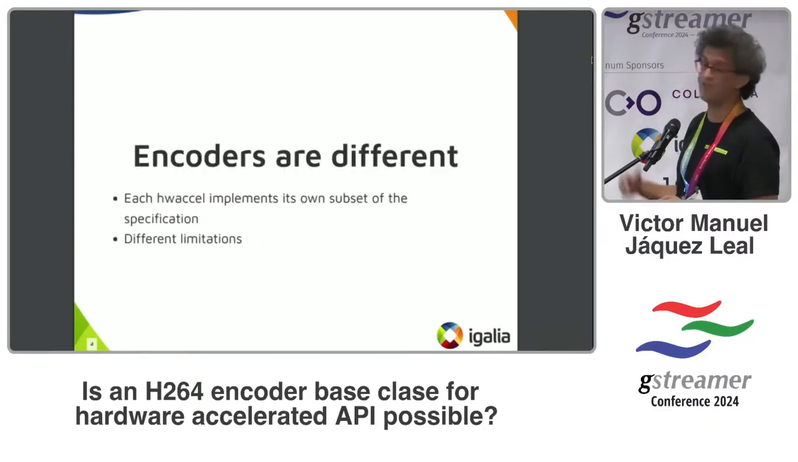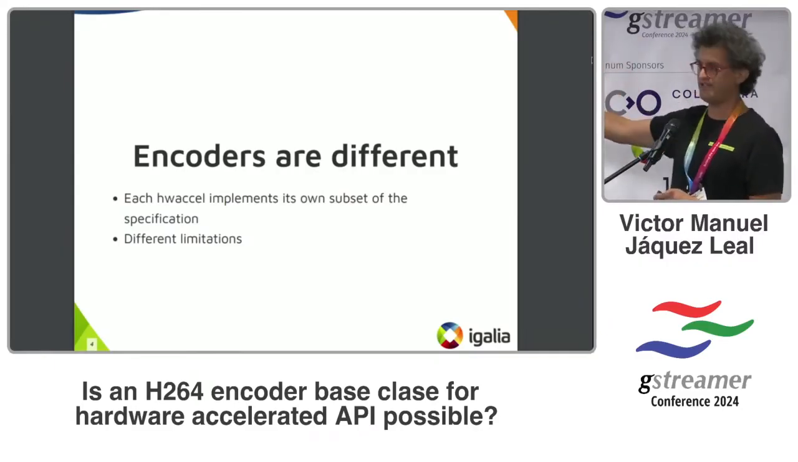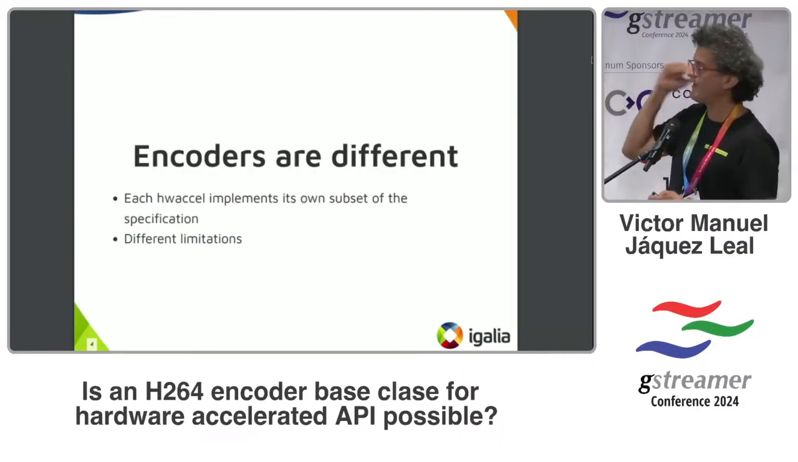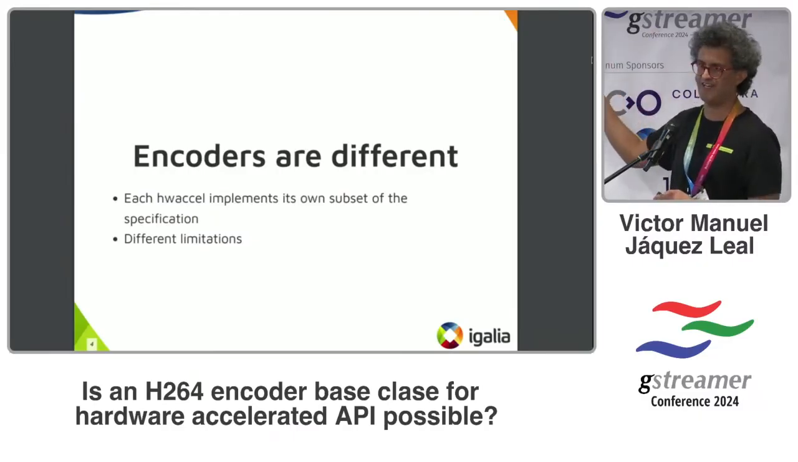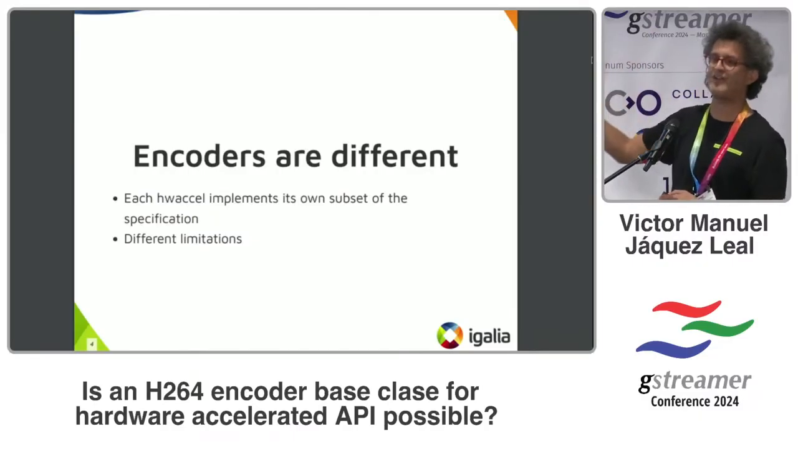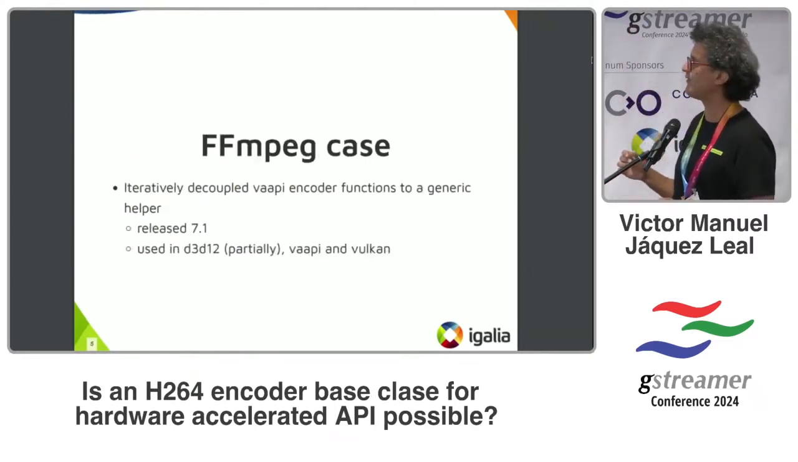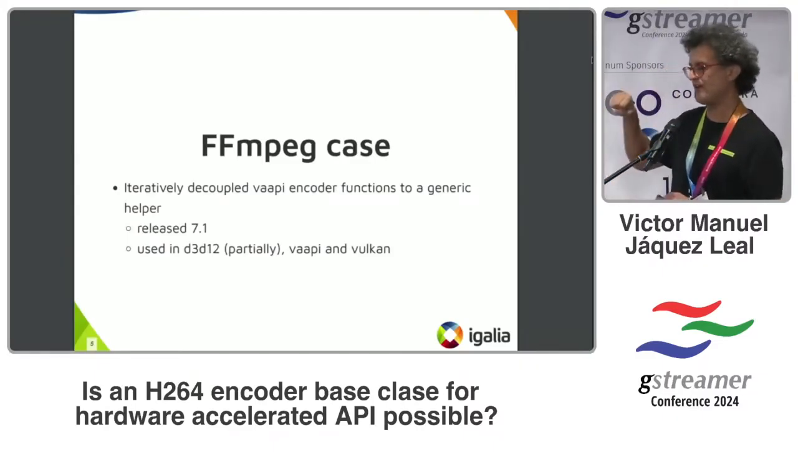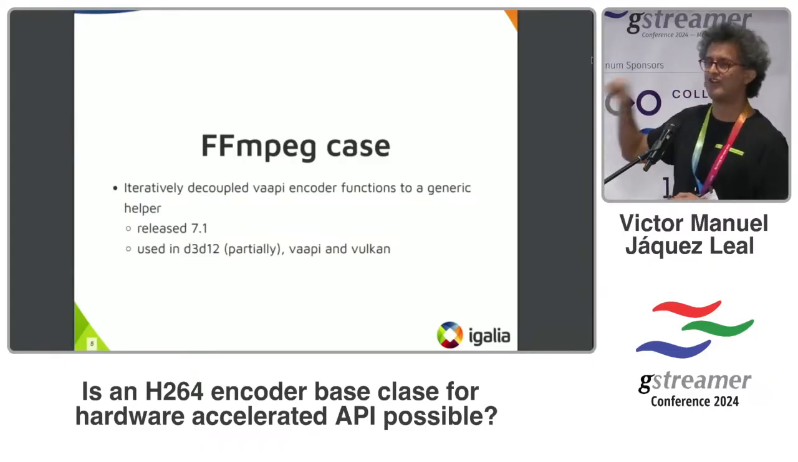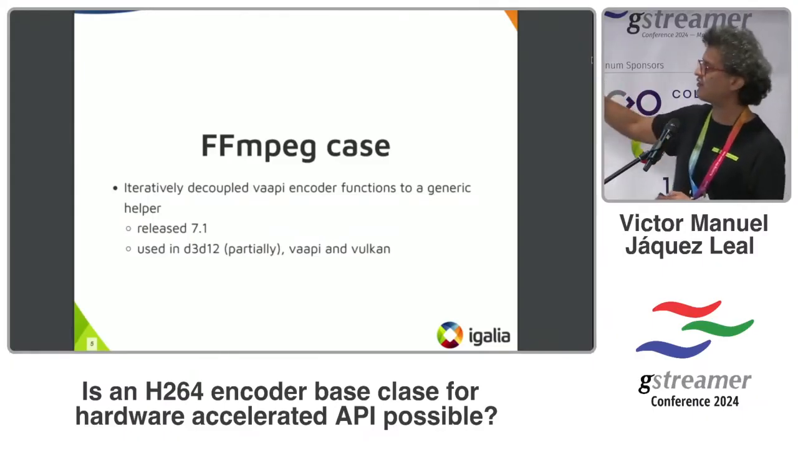But the problem is that encoders are different, because in decoders you have the spec, and you decode that spec almost completely, or as much as possible, depending on the profiles. But in the encoders, each hardware implementation implements a subset of the specification, and also there are different hardware limitations that have to be complied with. So it makes it a little bit tricky, or perhaps difficult, to think about a base class for this. But nowadays we have the FFmpeg case, where they took the VAAPI encoder for H264 and isolated some functions, and now those functions are used by both Vulkan and VAAPI, and also partially by D3D12